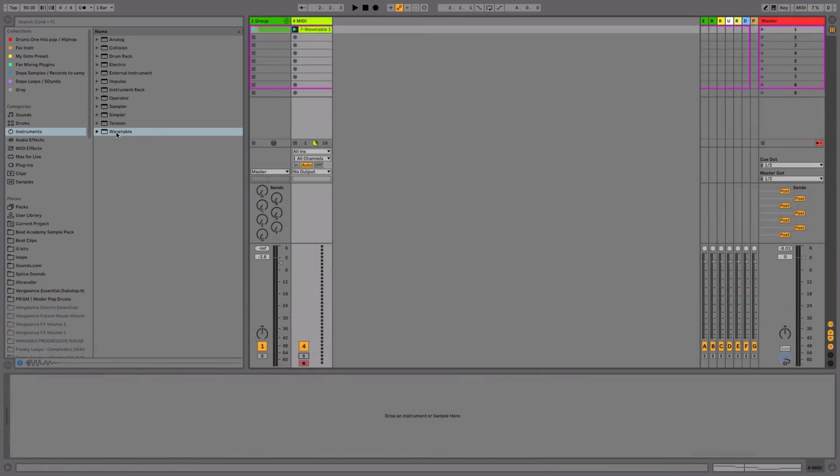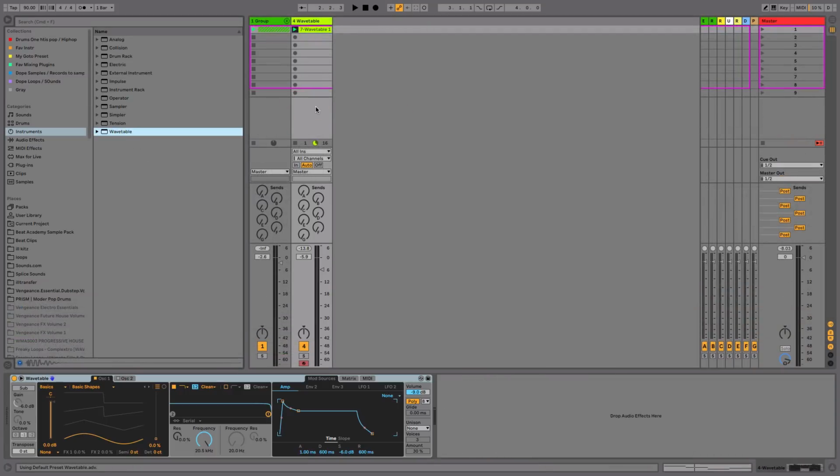So for that, I'm going to use Ableton Live's Wavetable. I'm going to click and drag that onto a MIDI track. But you could follow along using any 2-oscillator synthesizer you might have in your DAW. So we're going to go for a droney type of bass. So what we need to do is go from a sine wave and choose our sawtooth waveform. So if I play the riff,